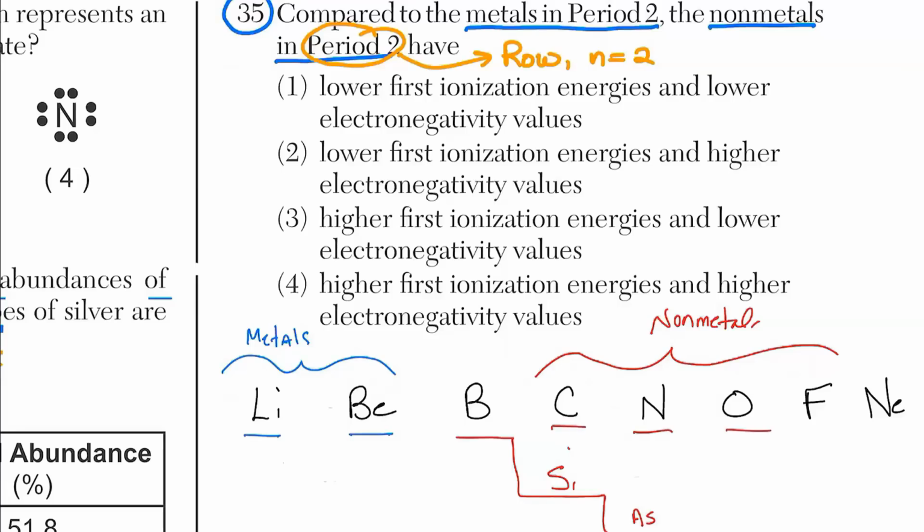Because boron is on that staircase, it's a metalloid, along with silicon and arsenic. So it's a metalloid, has properties of both. What they were really saying in this question is: compared to the metals, on the left-hand side, the non-metals, which are on the right-hand side, have what's going on here? Okay, now that we have established what they're talking about, let me get rid of the staircase here because